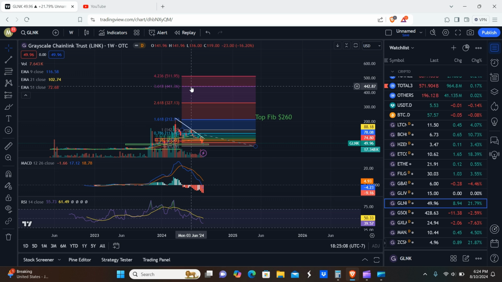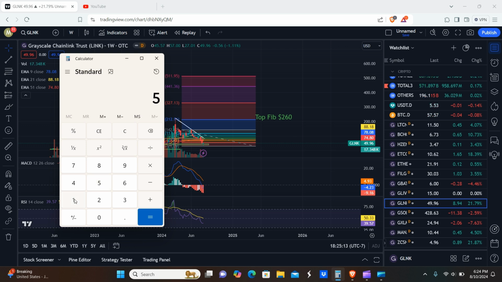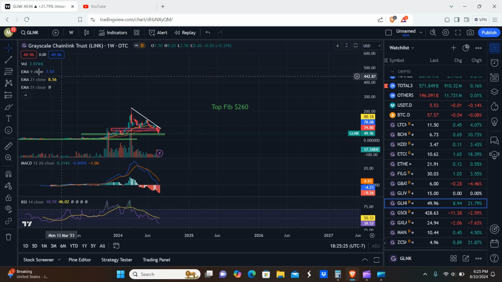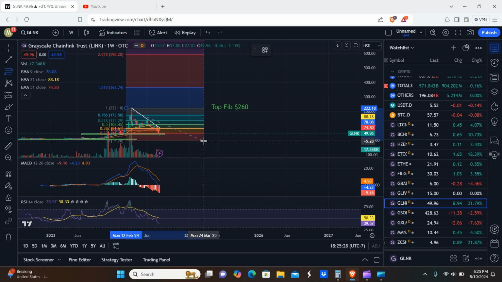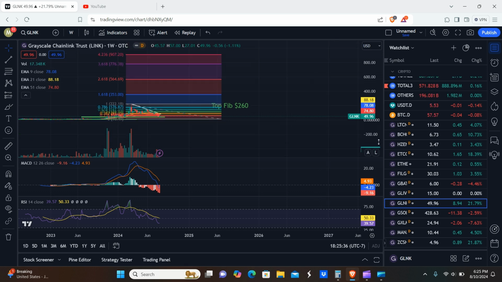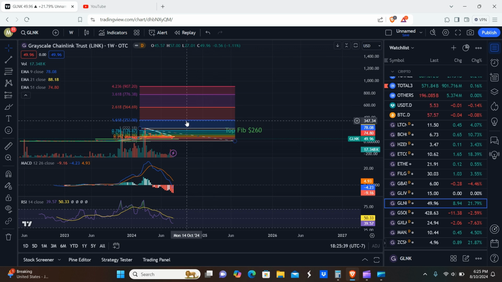So 215, 330, 440, and we'll just call that 510 respectively. So roughly about a 10x here. So it's not too bad. 20,000. That's roughly what you'd be looking at there. Now for the macros, I think I've been off a little bit on these measurements, but I mean that's fine. These Fibonacci numbers are just kind of meant to give us an idea of what's possible. It may be possible that it doesn't go as high as the top fib, or it goes higher. We really don't know. We won't know until we know.